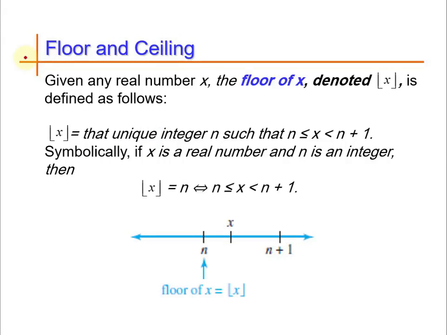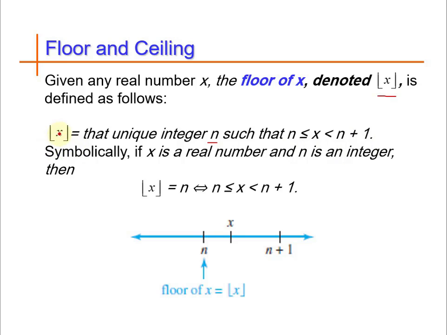Now we go to the definition of floor and ceiling. These are two types of functions. Given any real number x, the floor of x, denoted by this symbol, is defined as follows: it is the unique integer n such that n is less than or equal to x is less than n plus 1. What it says is,